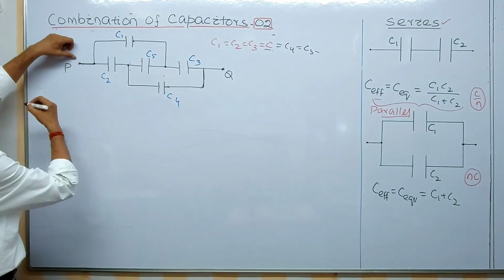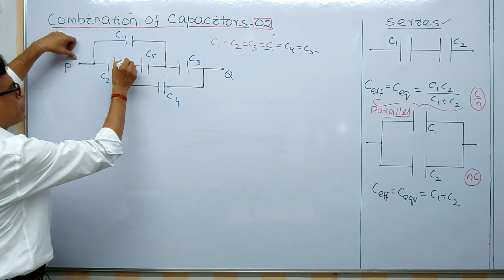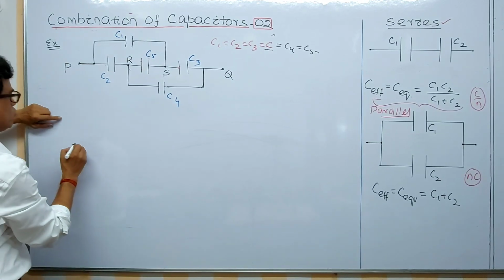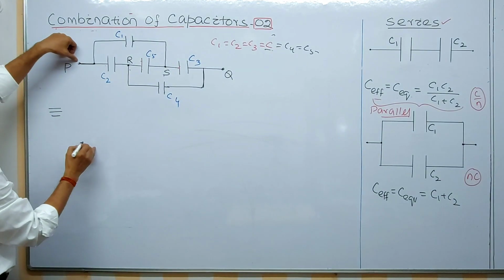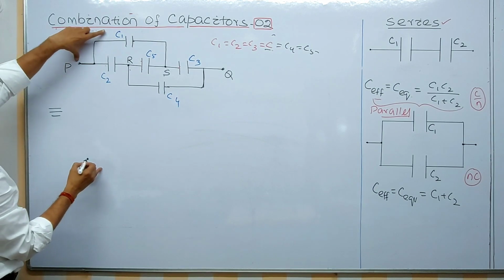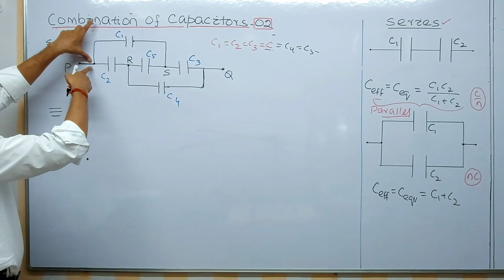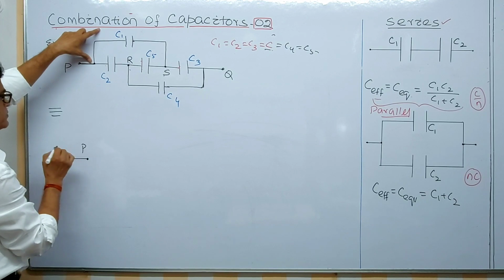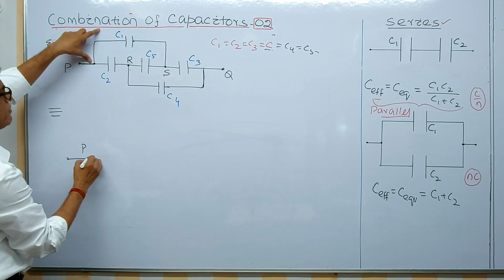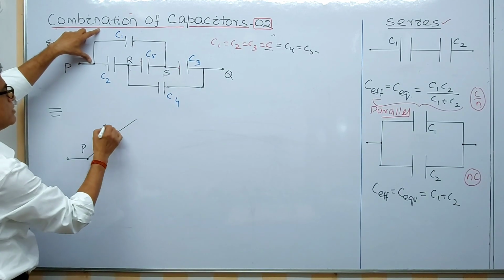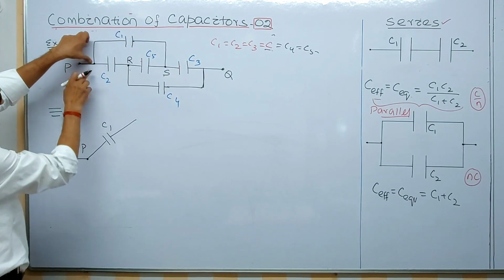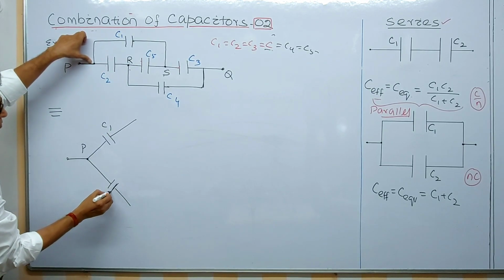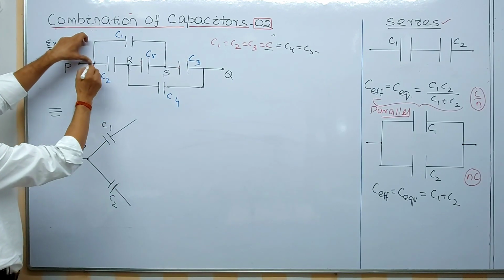You see here. Now this is the point P, this is a point Q, and this point you can give the name R, this point you can give the name S. Now this is equivalent to, come to this point first. I am starting from this point P. Now here is point P, here is C1, and here are the terminals. This P is the terminal. Now here you can have C1. Now from the same point, you can take C2. This point is completed now.